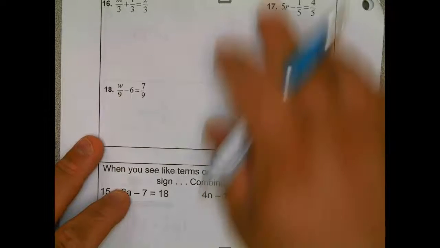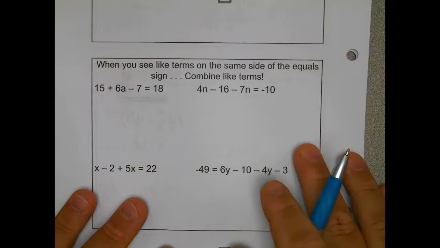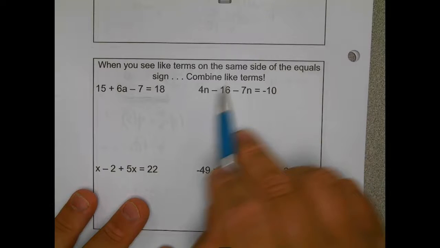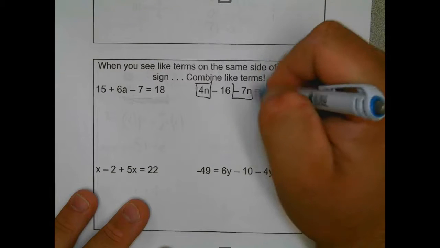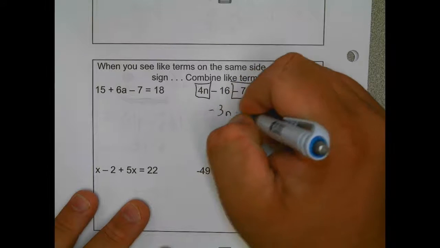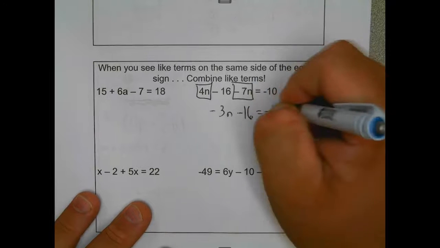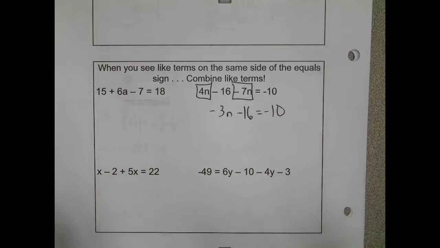I'm going to skip through. We're going to work on these in class together, so make sure we hit the highlights here. When you see like terms on the same side, you combine them. So, for example, in this example right here, before I can even move forward, I need to take a look at 4n and negative 7n. So negative 3n minus 16 equals negative 10. Went ahead and combined those two terms to make my life a little bit easier when I go to do the two-step